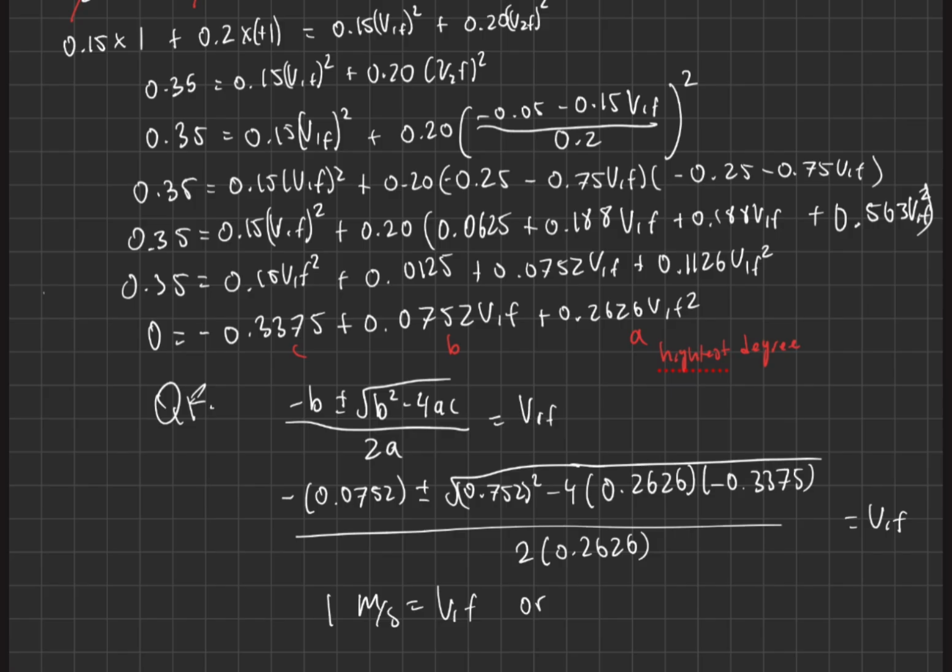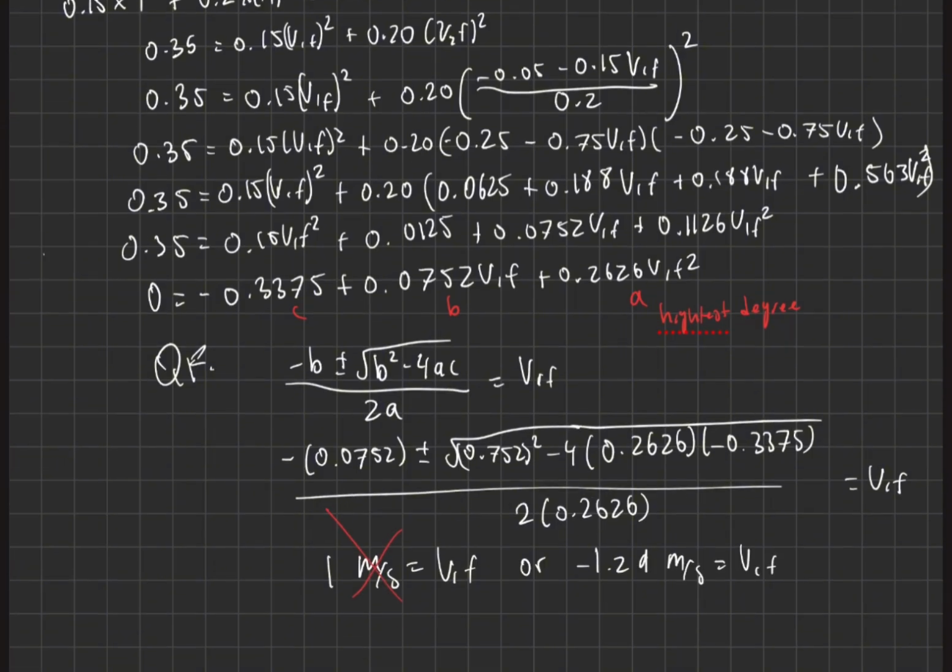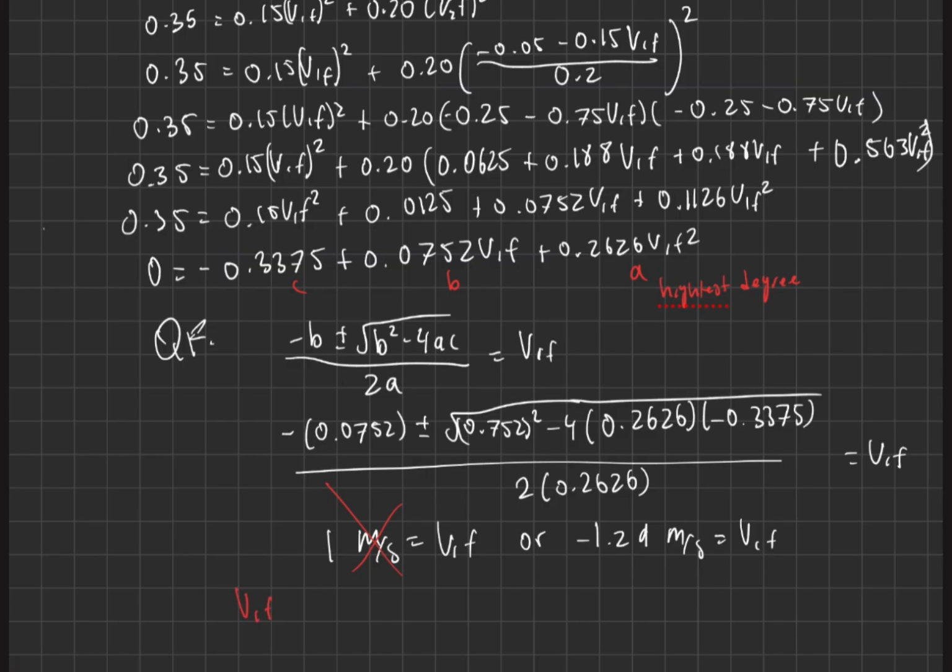1 meter per second for the final velocity of mass 1 is the same as its initial velocity. Now, that means that the speed of the ball did not change, and it also means that direction didn't change, which goes against what the question is saying, that they actually collided, and this would mean that we can discard it right away. Now we know that our solution for the final velocity for mass 1 is negative 1.29 meters